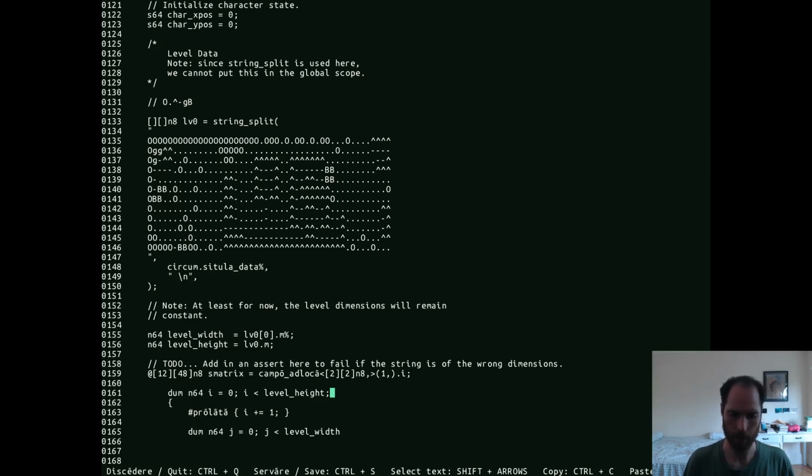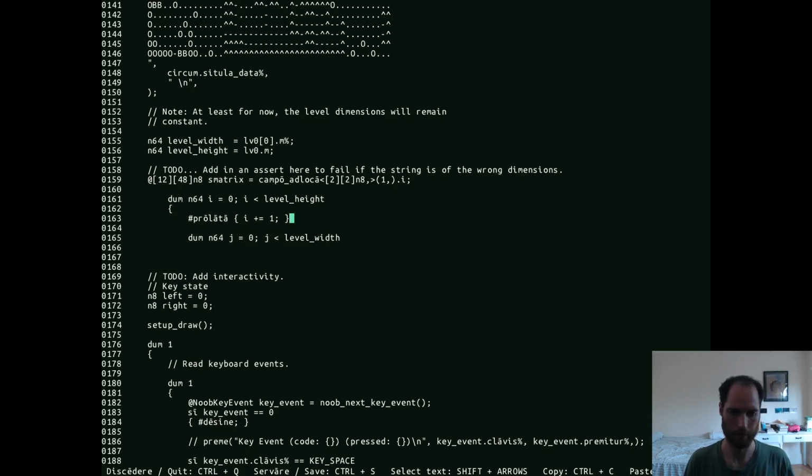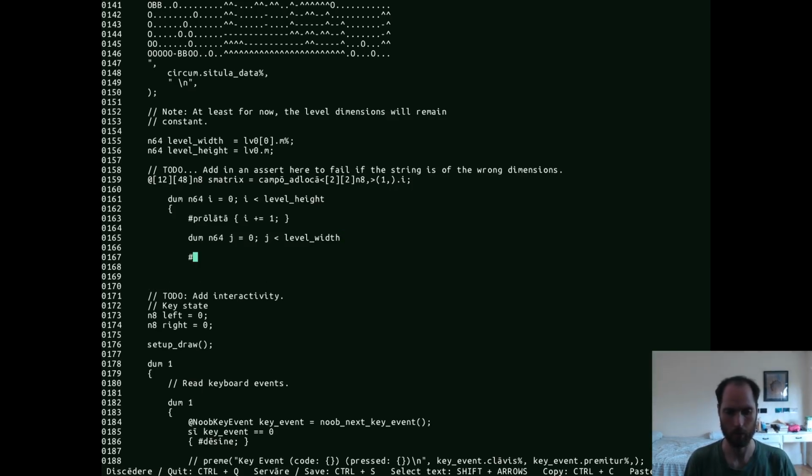We can just use level height and level width here without changing them. So for the level height, call this I, which is fine. For the level width, call this J, which is fine. And then